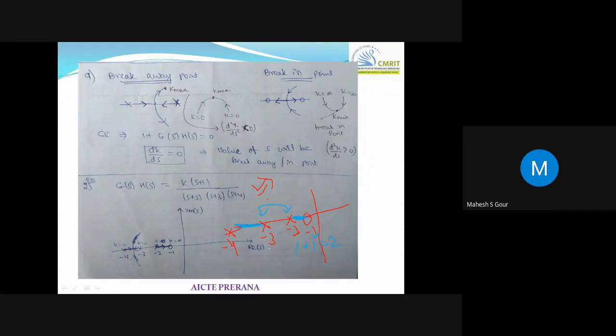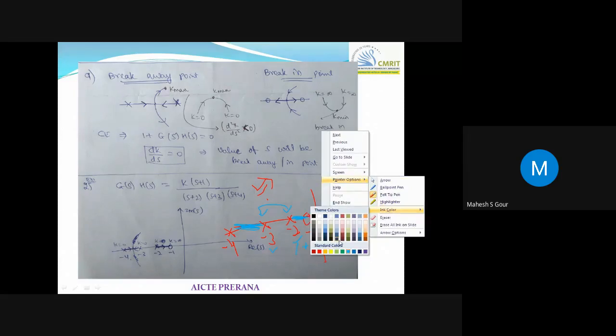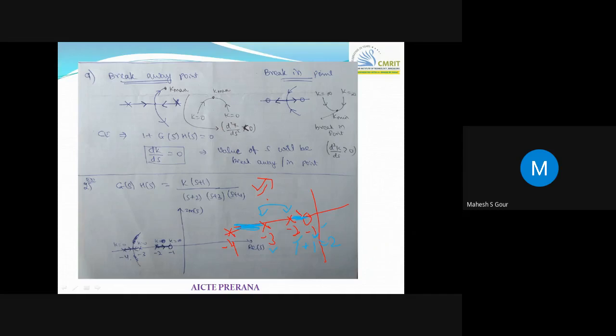Now when I check this area, -3 and -4, we count how many poles and zeros are there: -2 and -1, right? So the total combination of poles and zero is 3, so the root locus is present in between -3 and -4. Now you need to give direction for your root locus. It starts from poles and terminates at zeros, so here the root locus will start from -2 and end at 0.